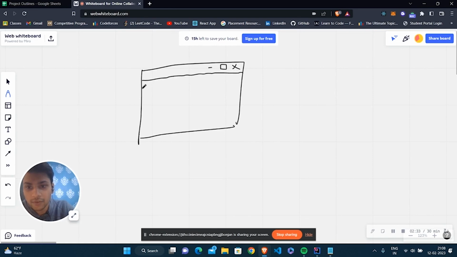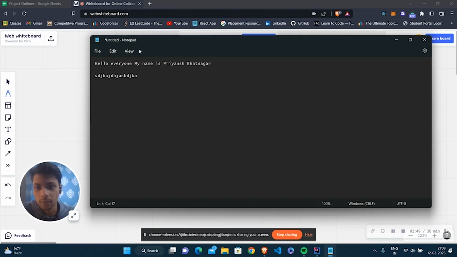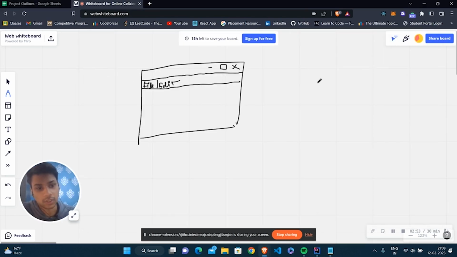Inside this frame, I'm going to have a menu bar like we have in the Notepad. Now in this menu bar, I'm going to have two menus. The first one is going to be the file menu, okay? And the second one is going to be the edit menu. Okay, you can see inside the Notepad we have three menus, but we are going to make these two menus only. Okay, now after that we have our text area here, right? So we are going to write the text inside this text area.